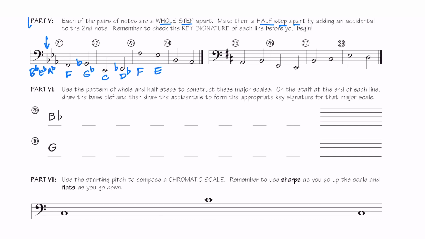This note is E flat because of the key signature, correct? But F to E flat is a whole step. So I need to make this E an E natural. So I have to use a natural sign to cancel the key signature. Okay, kind of tricky. B flat